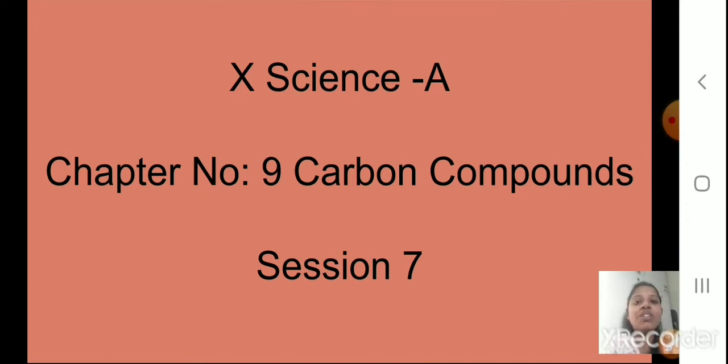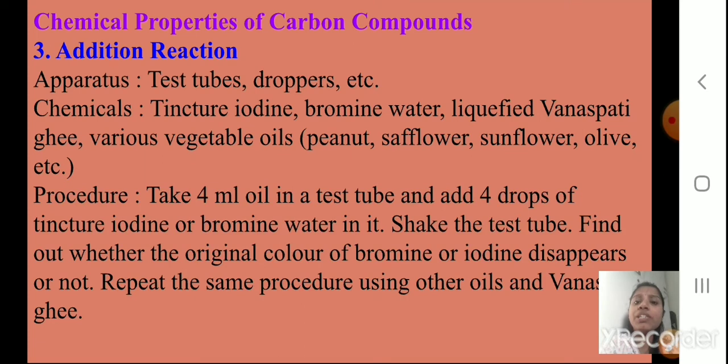Now in the last session, if you remember, we studied the common nomenclature and the IUPAC nomenclature, right? I told you that it is very important you study all the tables given in your text. As I told you before also, first thoroughly read your textbook, because the activities and all, most of them always come from the textbook. So now, proceeding with the lesson, we have also studied the chemical properties, and we will continue with the chemical properties of carbon compounds.